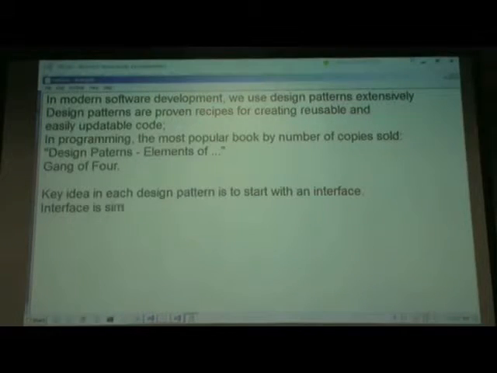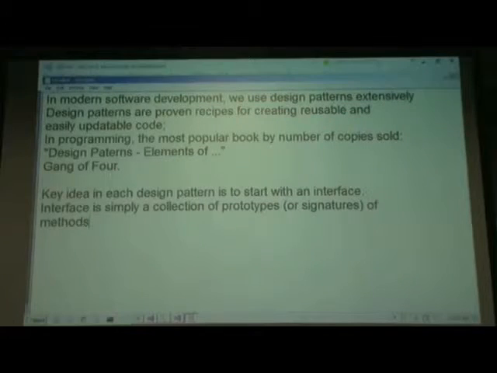Interface is simply a collection of prototypes. Okay, or you can think of it or signatures of methods. Okay, so just the name of the method, what input it takes, what output it gives, no code in it. Okay,